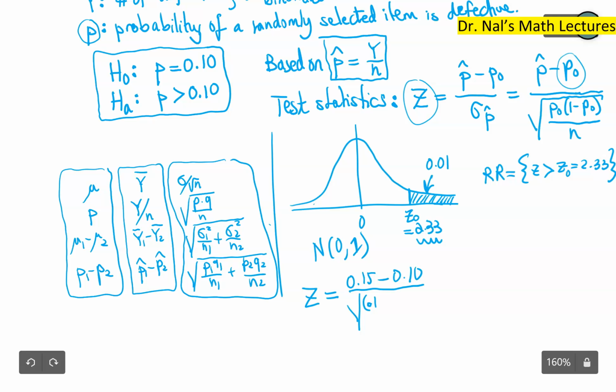We're basically estimating the denominator based on p0, right? And failure is 0.90, divided by a sample of size 100. So that's a square root. Actually, let me put the square root sign with a different color. There you go. The denominator is inside the square root. If you calculate all this, the number comes out as